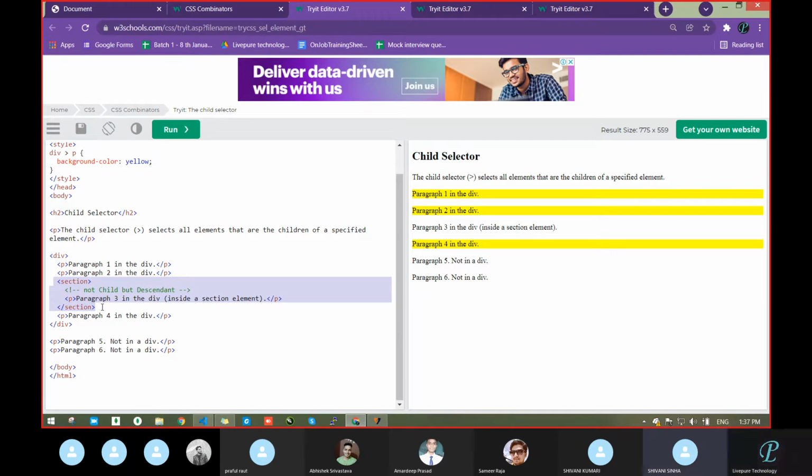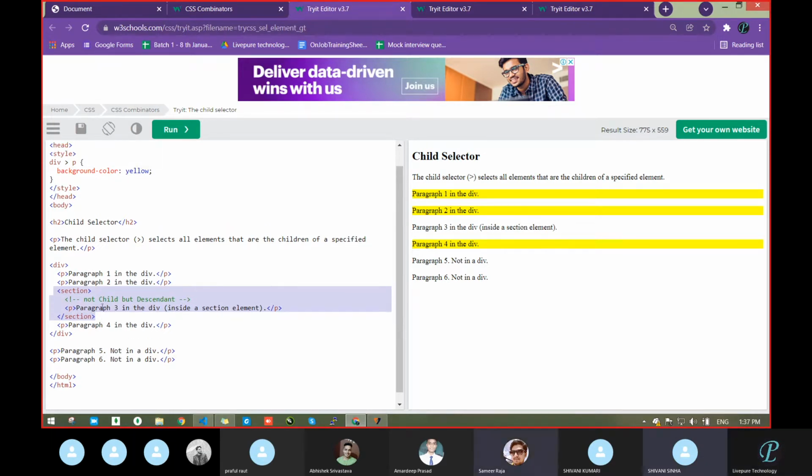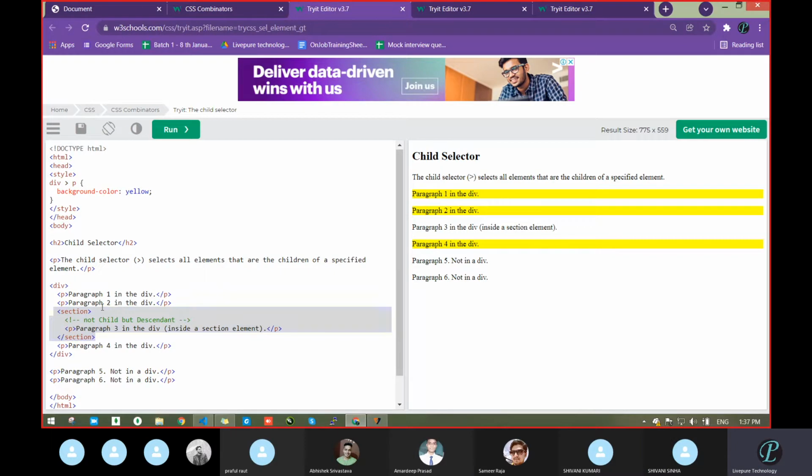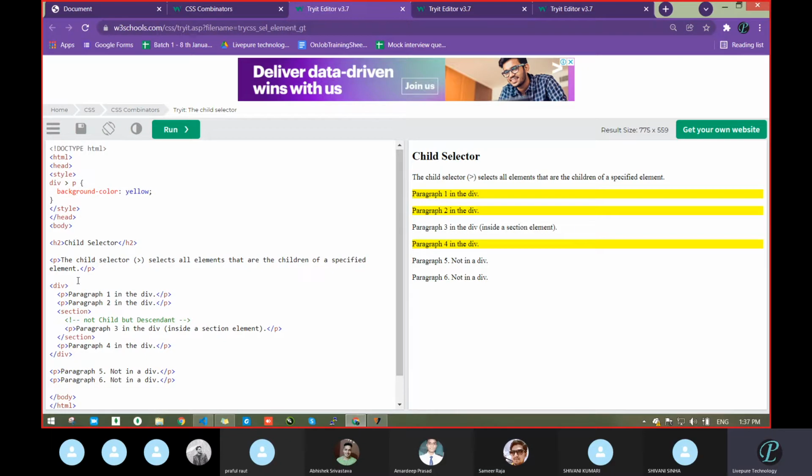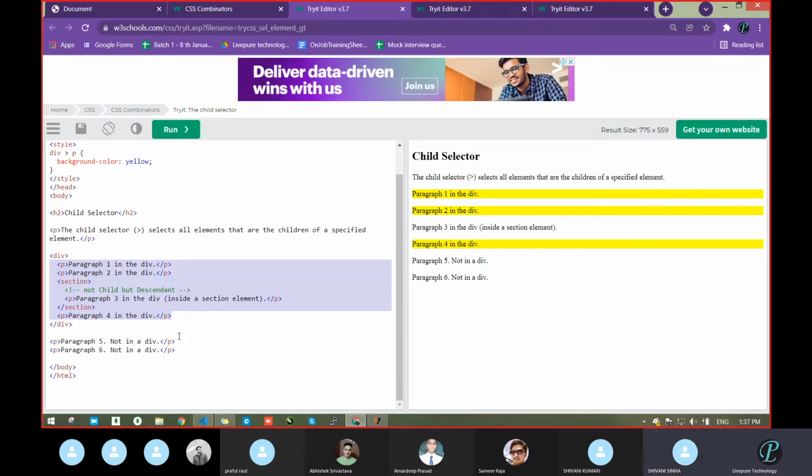Then the general sibling selector is the same as child? No, general means common, that comes under all. It is not going to consider only the immediate ones. But one thing, now one difference: in the case of a child, it considers what is inside the div itself. But when you come to the general sibling, it does not consider this, it will ignore all these and consider what comes after, meaning outside: paragraph 5 and 6.